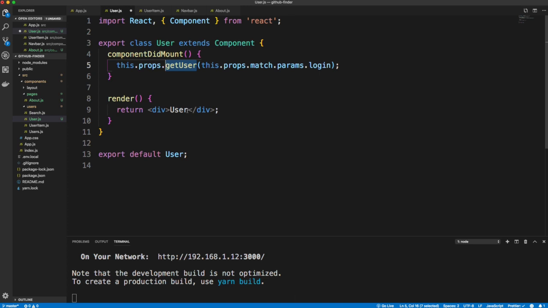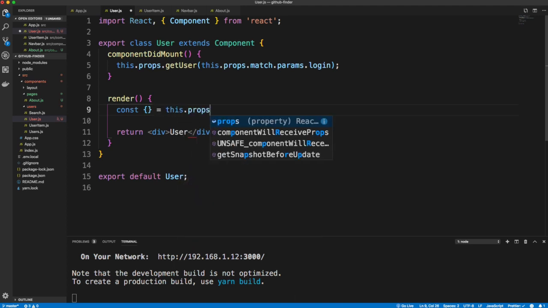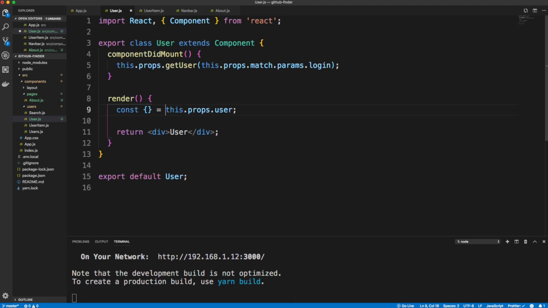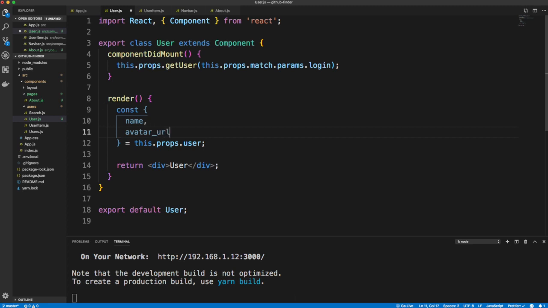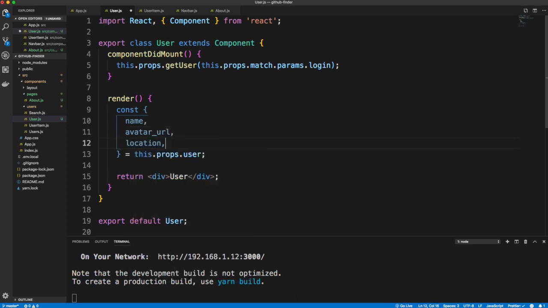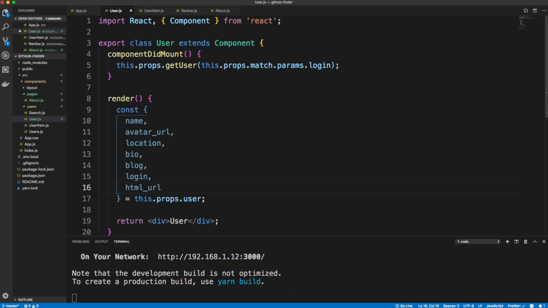Trying to think of how I want to do that. Let's actually pull out all the data we want from this.props.user, because remember, user is getting passed in as a prop. So within the render, before the return, I'm going to say const, and let's pull this stuff from this.props.user. So we're going to take the name, avatar_url, location, bio, we'll get the blog, the website, login, which is the username, html_url, which is the actual GitHub profile link,